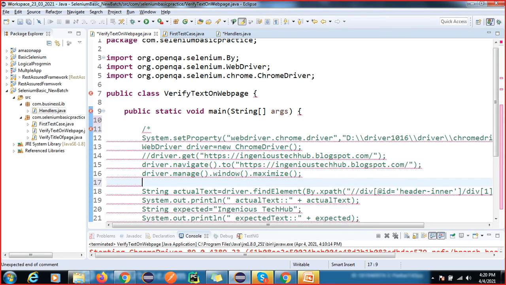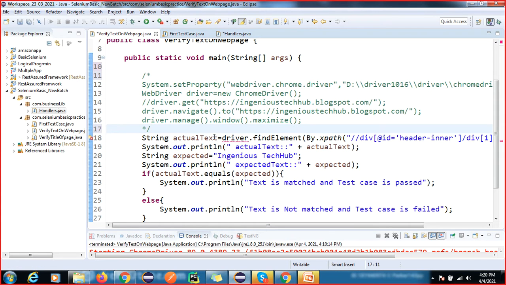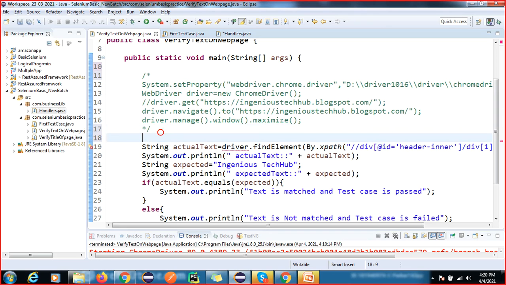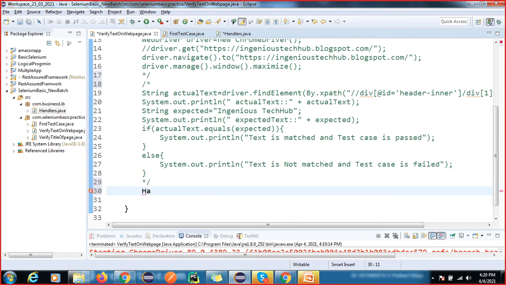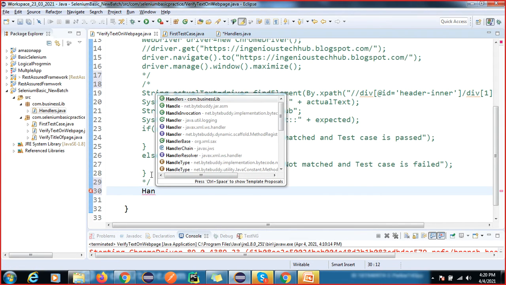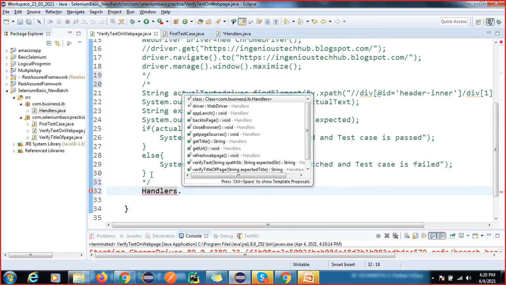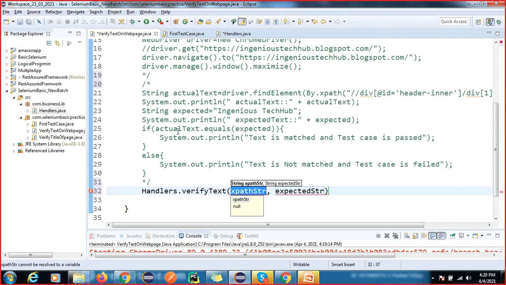Okay, that is the internal implementation. So I cannot show you. So I'm going to comment all the things. Okay, so from here to here I will do comment. I will not write this complete code. Simply I will write handler dot verify text.